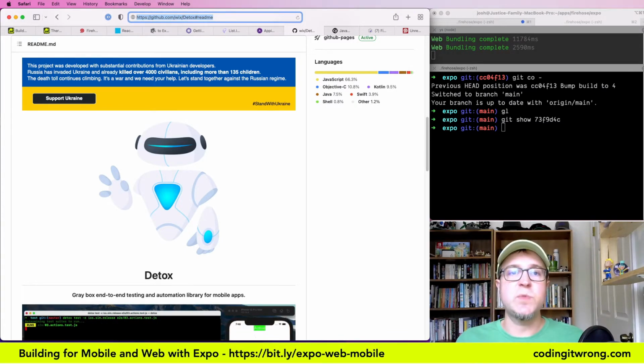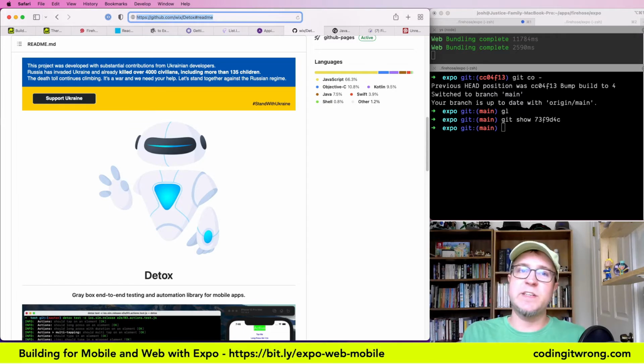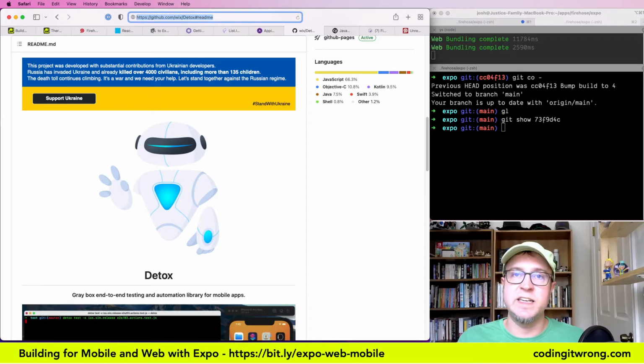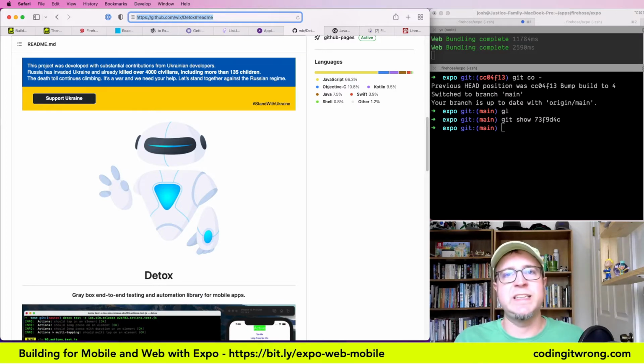One of the limitations we have is that Expo apps, like we're running, are not officially supported in Detox. People have gotten them running, but there's some extra effort involved that's not simple out of the box, and I've had challenges getting it working. If I was working on a full-time project in Expo, it could be worth investing in Detox, getting Detox running on Expo and keeping it running. But for a side project, I'm not feeling that it's worth that cost, especially if we just need the tests